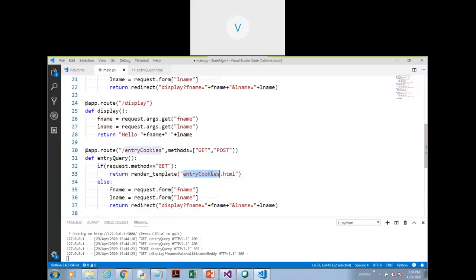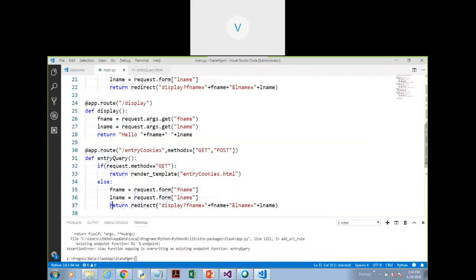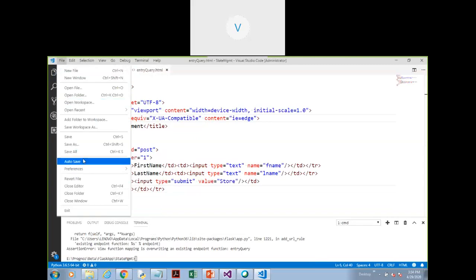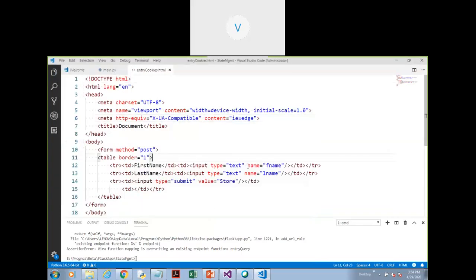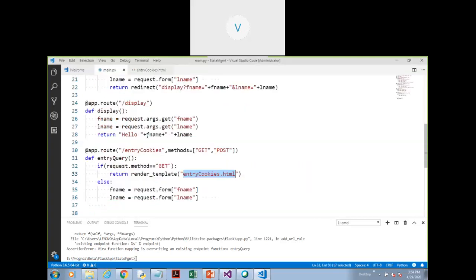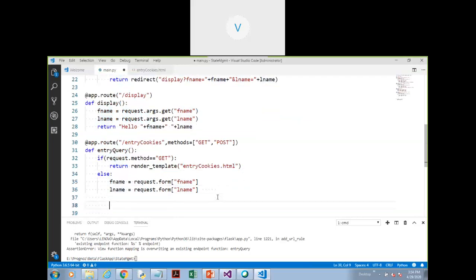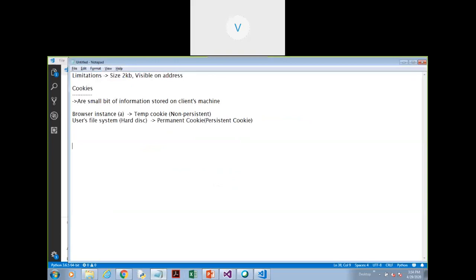So first I will just create this page for asking the user to make the entry. So nothing is going to change, right? We just have to ask the user to enter the first name and last name. And when he submits, we'll come back to this section. We'll accept the username and password.